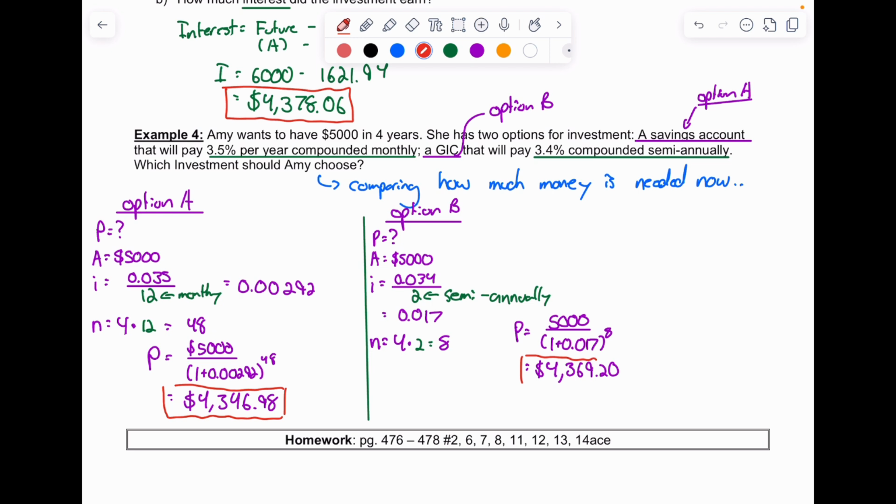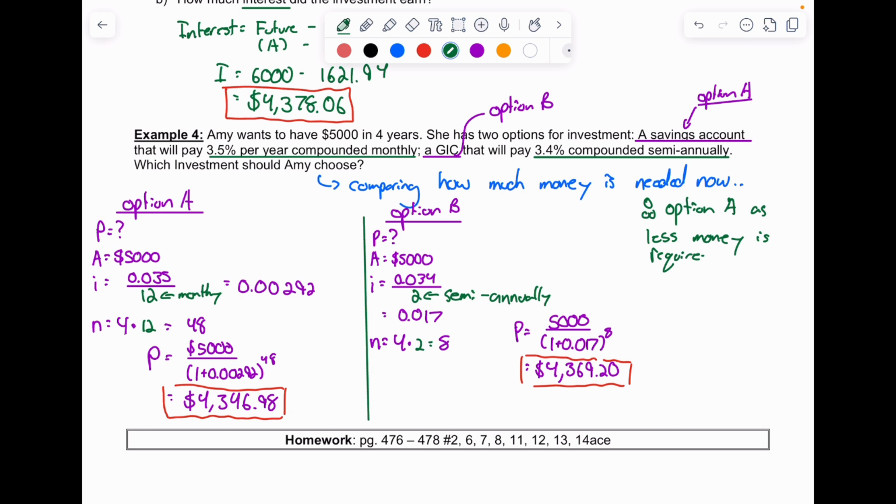Okay, so if we look at our two answers here, we have 4,346, and then we have this one right here. I mean, they're pretty close, 4,369. Well, I would probably choose option A. Therefore, option A, as less money is required. Right? If she didn't have that much money, option A, less money is required